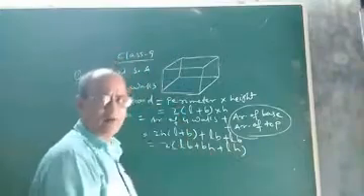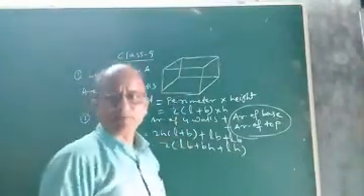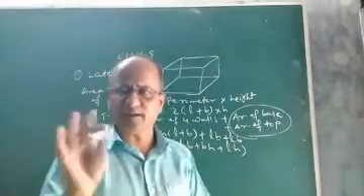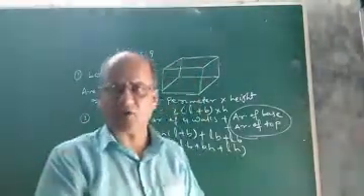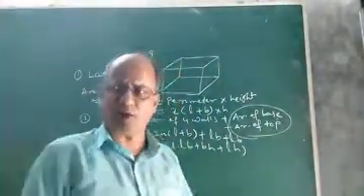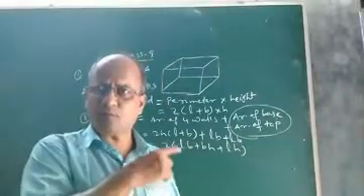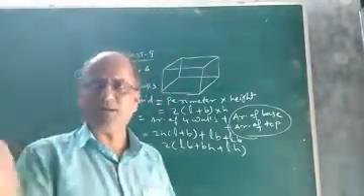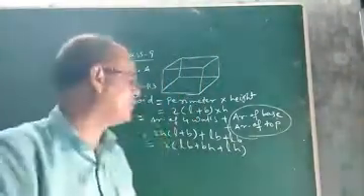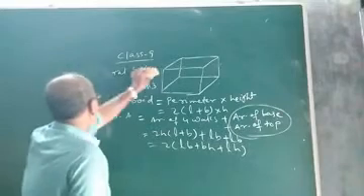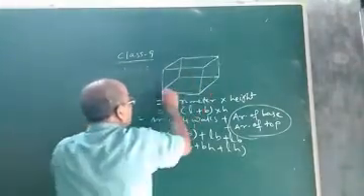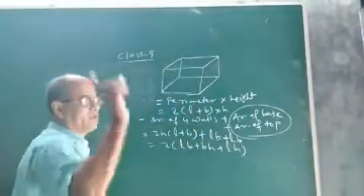Now let us discuss about volume. Yes, what about the diagonal? Children, if you mark, a room itself is a cuboid. Where you are sitting or where I am standing and teaching you now, it is a cuboid. You see, if you join from one corner to another corner diagonally, it is called a diagonal of the cuboid. Now how to find it? What is the formula for the diagonal of a cuboid? You see, the next formula is the diagonal of cuboid. That means from this corner to this corner, if you join, you will get the diagonal.